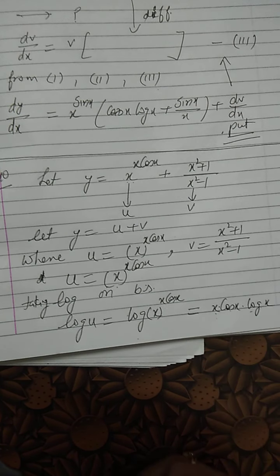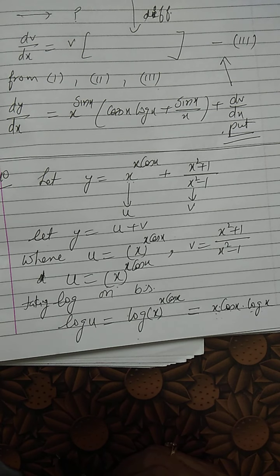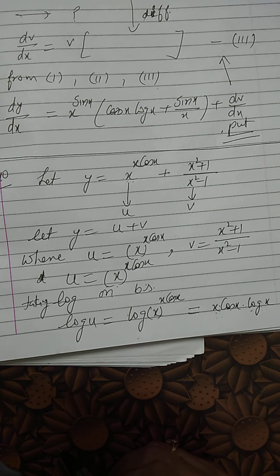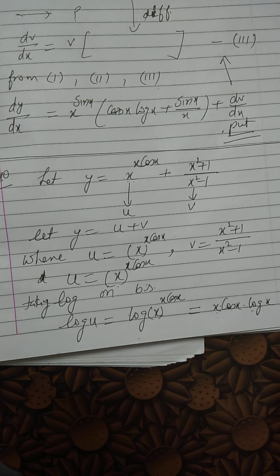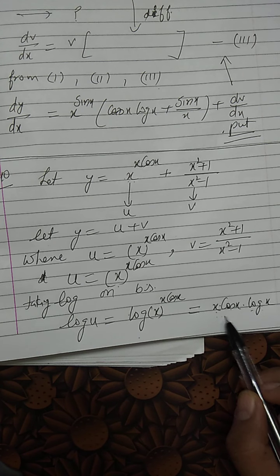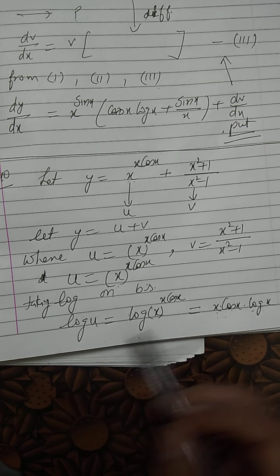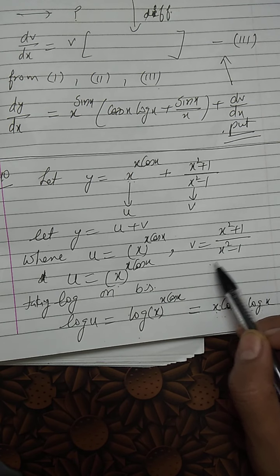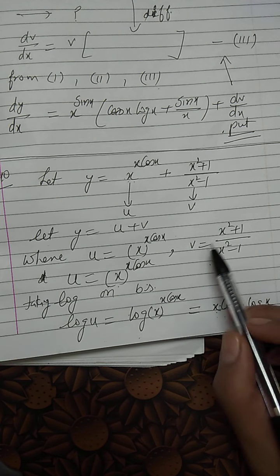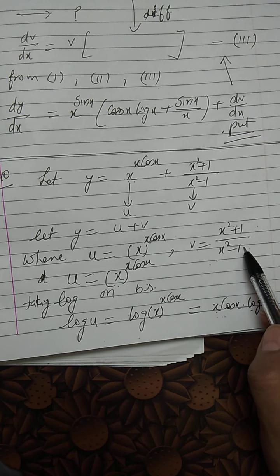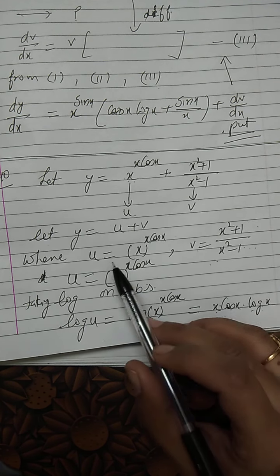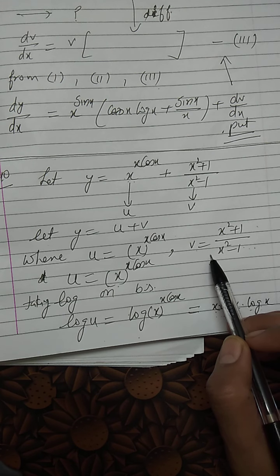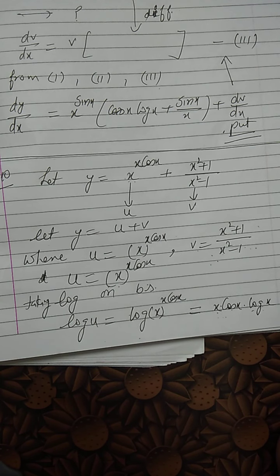So how many terms do we have here? We have a product of 3 terms. Now how will we differentiate? We will differentiate it in the same way as we differentiate a product of 2 terms, right? So let us see how we are going to differentiate it. The derivative of u I will do. The derivative of v you will do on your own, because v, if you notice, is a rational function, so here we can apply the quotient rule. Once du by dx is calculated, then dv by dx is calculated, both the values we will substitute.